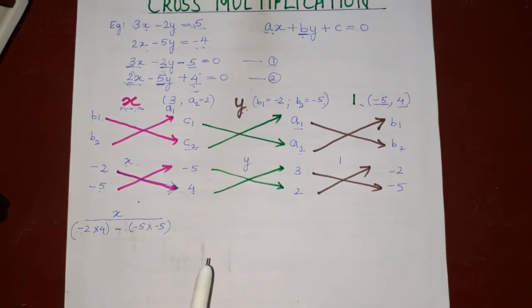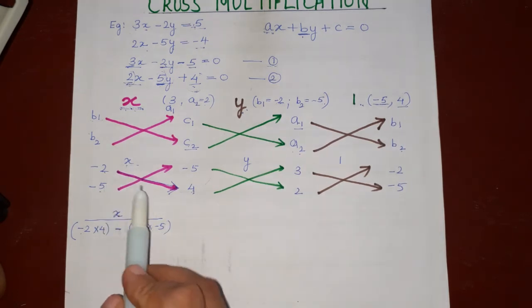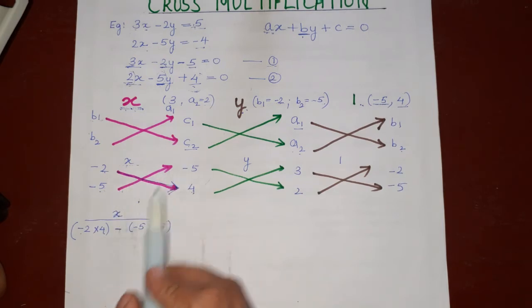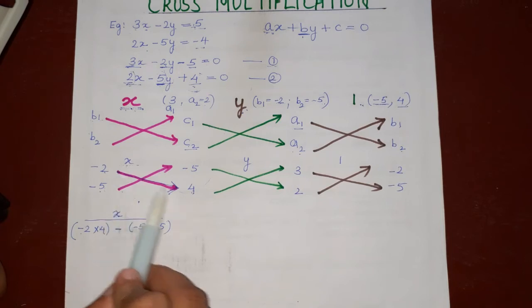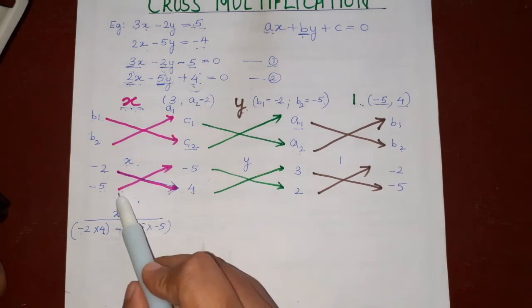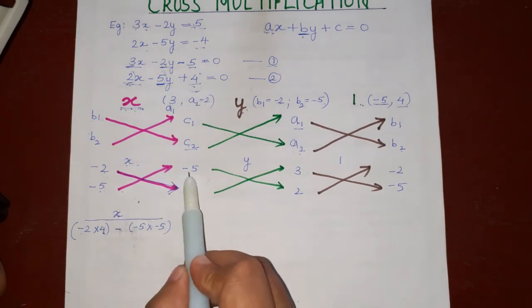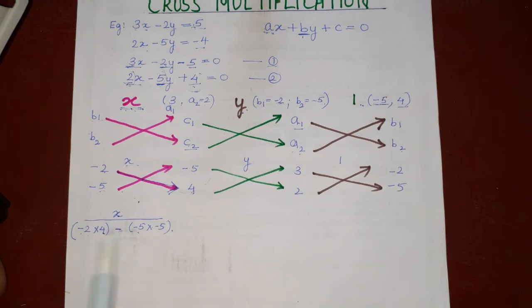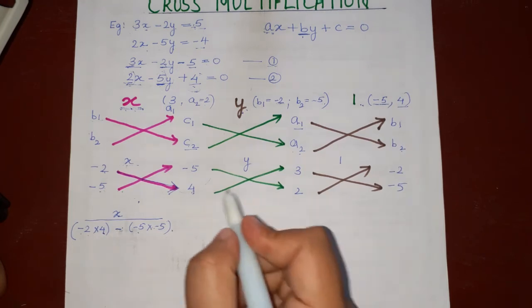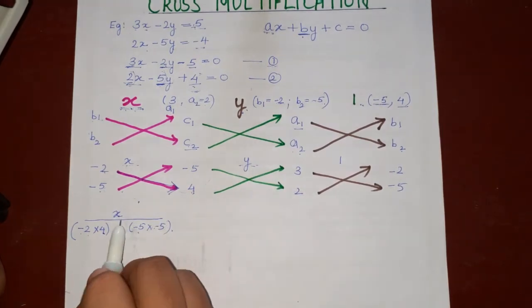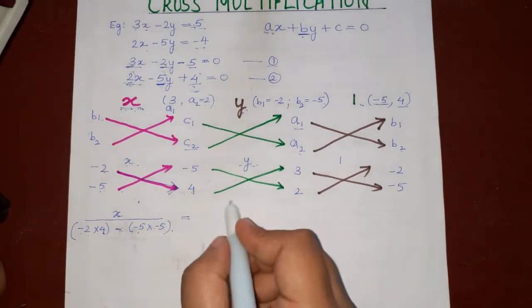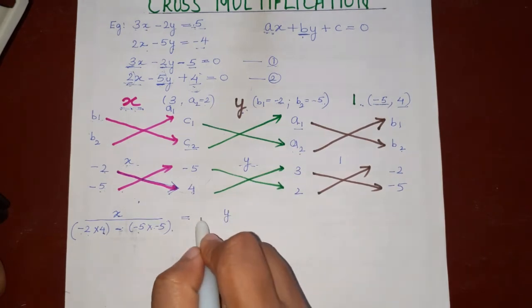So what did I do? I took this x over here, and according to these arrows, the way shown by this arrow, I have multiplied. This 2 I have multiplied with 4 because the arrow is going from 2 to 4. 2 into 4 minus, we have to put the next arrow, that is -5 into -5, and between both these brackets I put a subtraction sign. Now once we are done with the x part, let's go to the y part. Once we are moving from x to y, we need to put an equal sign, and then let's do the y part.